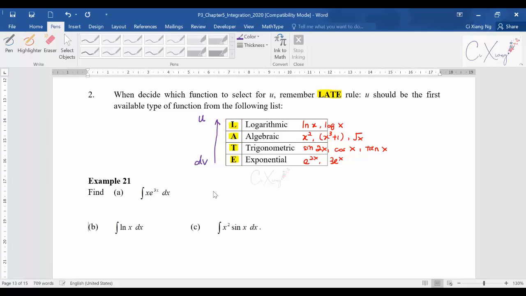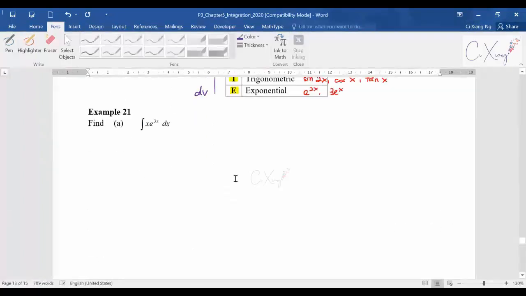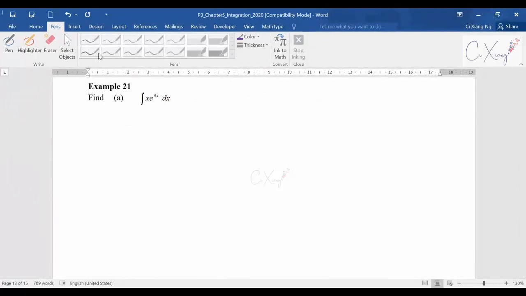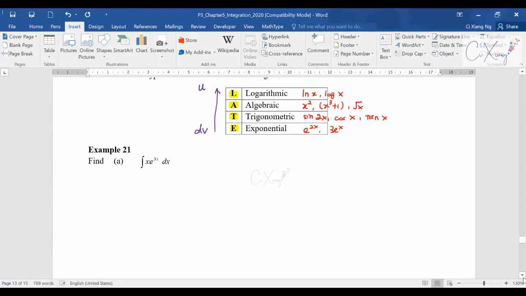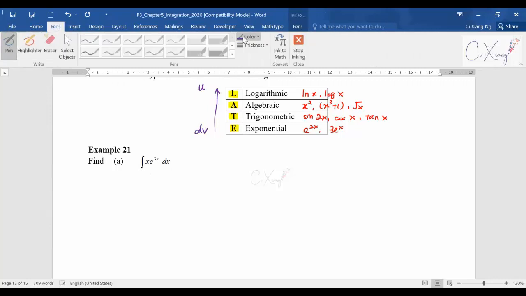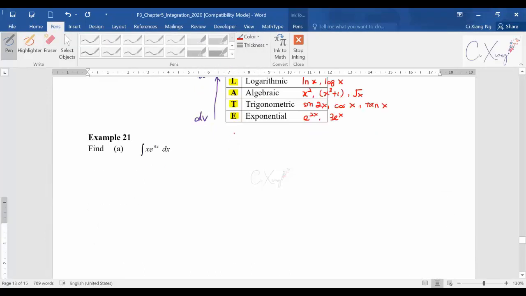Okay, so now once you roughly know the formula and the rules that we are going to apply, we can start discussing the first part of example 21. Maybe before I start, to make it easier, I will show you the rules and also the formula. So again, what is our formula? Our formula is the integral of u dv